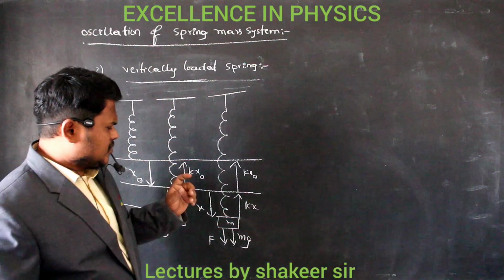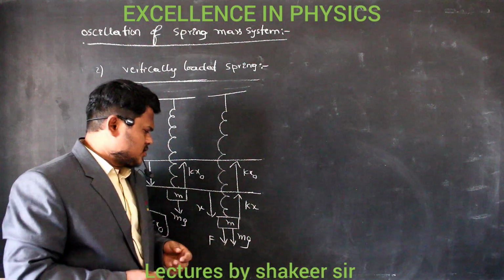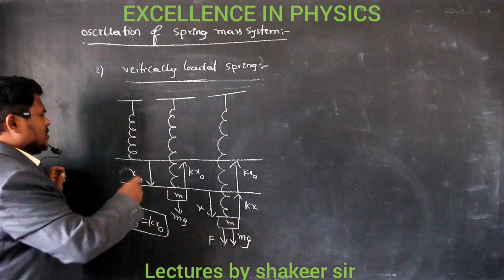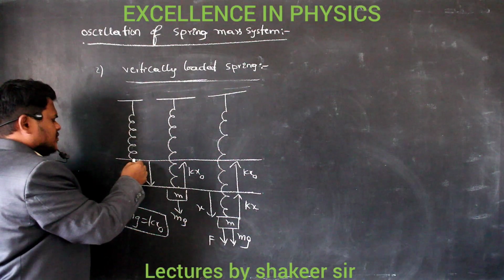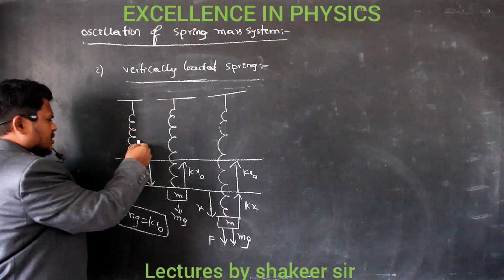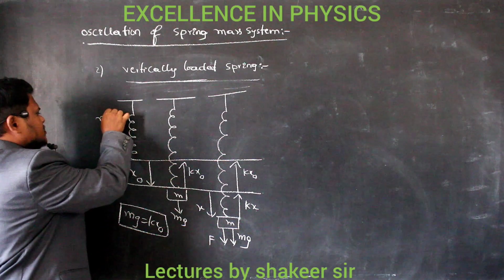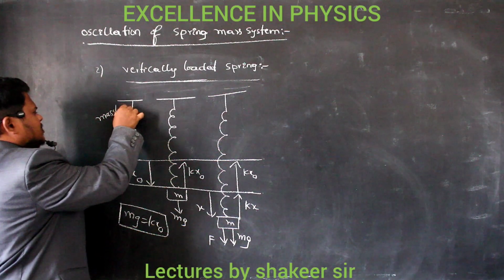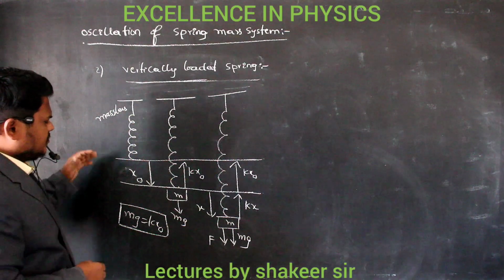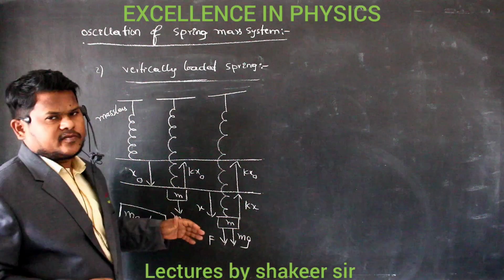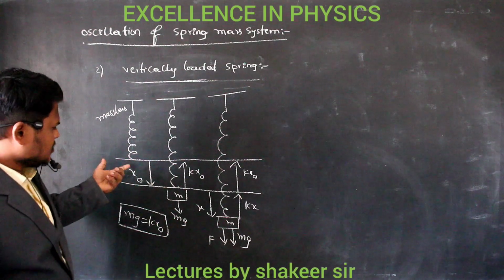Same concept we can try to understand with the help of Newton's laws also. So let us see how we can see. So this is the initial length of the spring without any elongation, and this spring we are considering to be massless. So with its own mass, this spring is not elongating because we are considering its mass to be very less, so less that we are considering it to be massless.